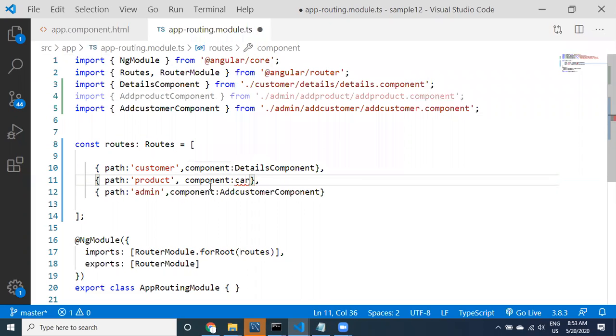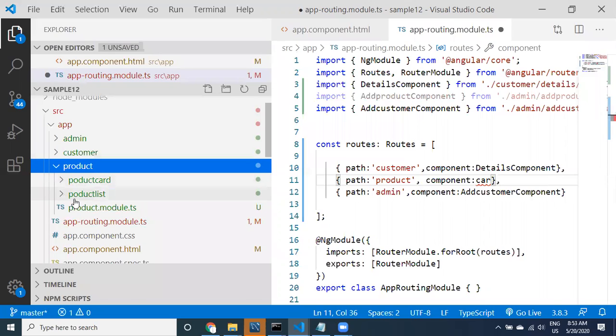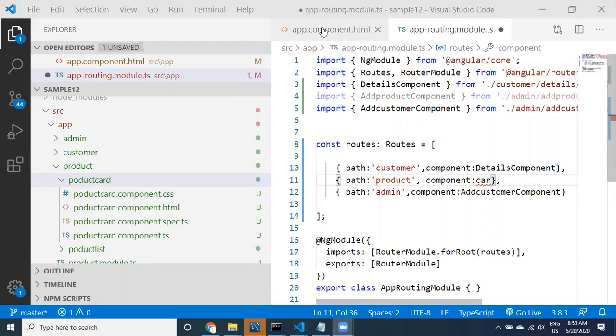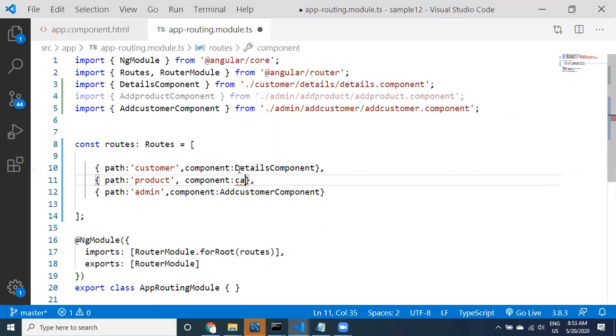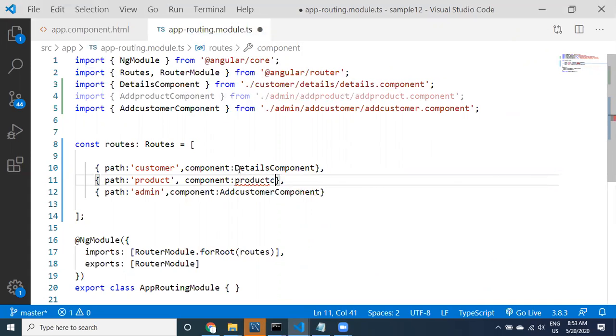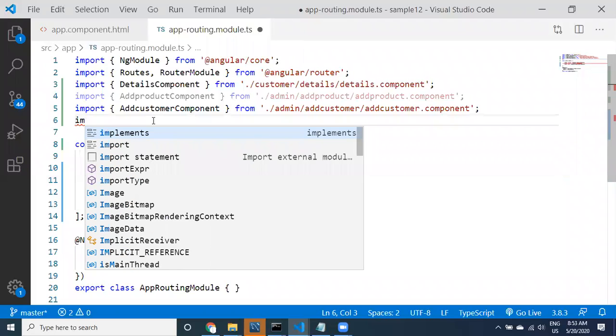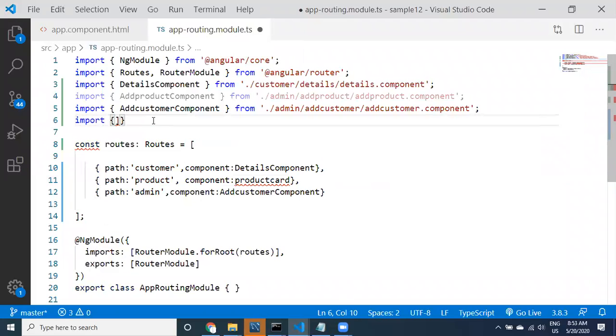Let us go here. I just want to check it out. In the product we have the product card component. If you are not able to see this, you need to import it. If your editor is not helping you, then what you need to do is check where product card is available.